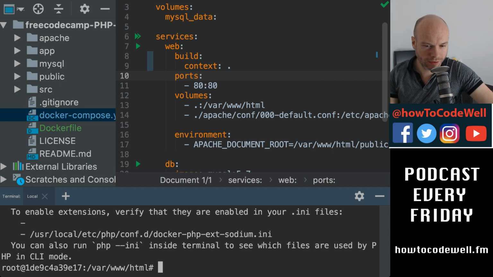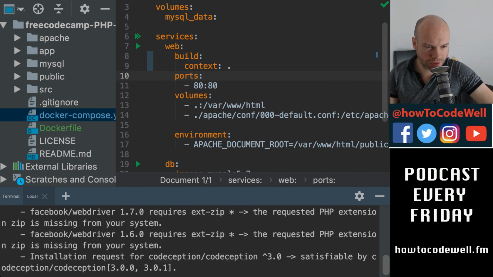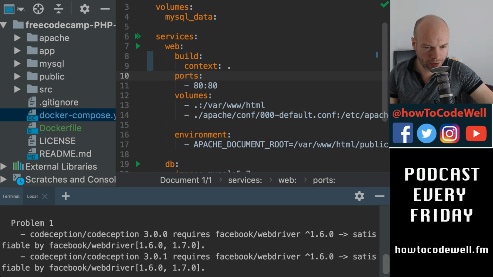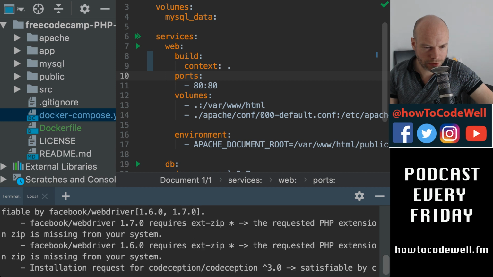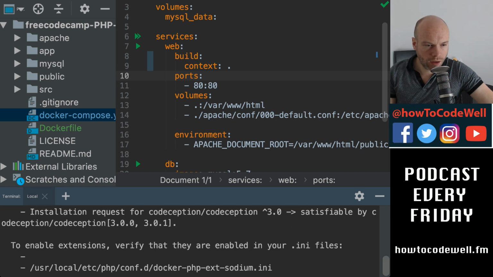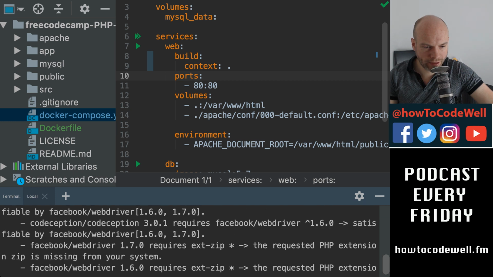Something's gone wrong. Codeception, something. Problem 1 requires Facebook WebDriver. And that probably requires something else. Zip is missing from your system. Rubbish. Okay, so I think even though I have the zip,